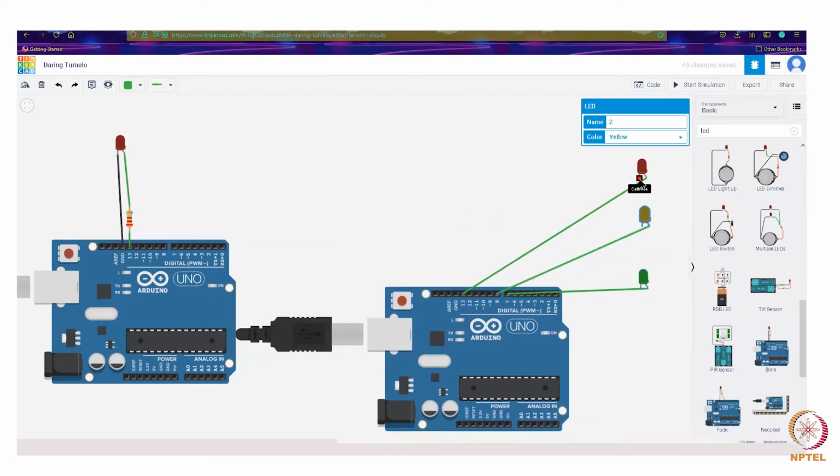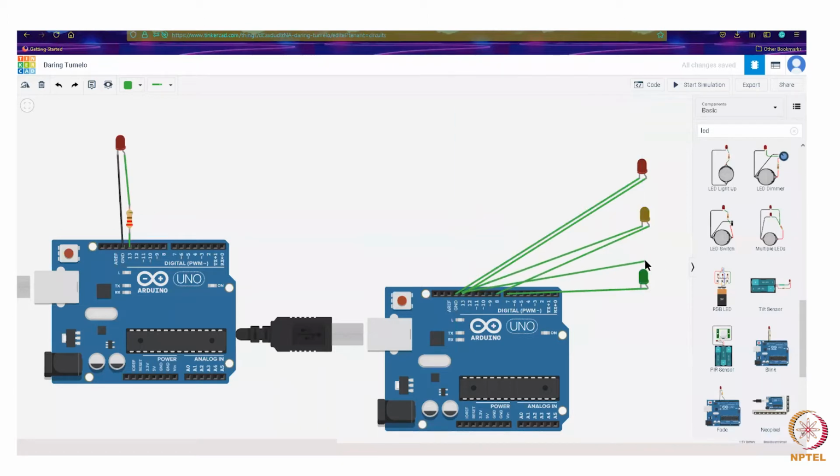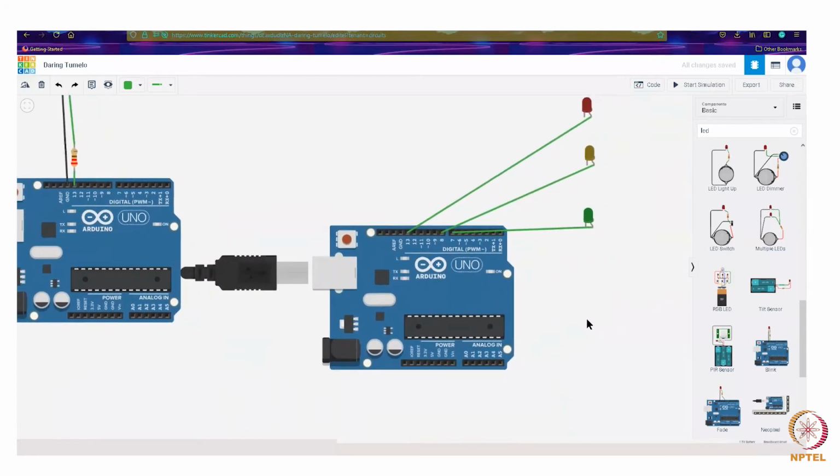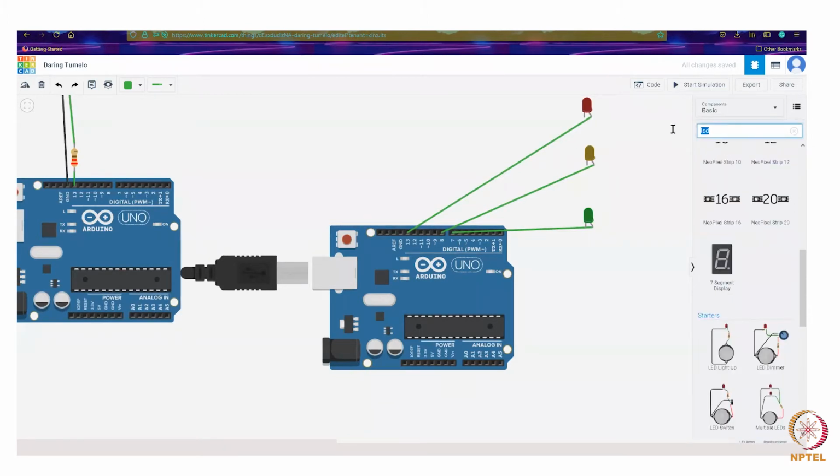And then we have the cathode. So we have to short the cathodes to the ground. If you can see, this is even common in the practical case scenario, like you can only put one of the pins into the ground. So for that purpose, we'll be using something called a breadboard.